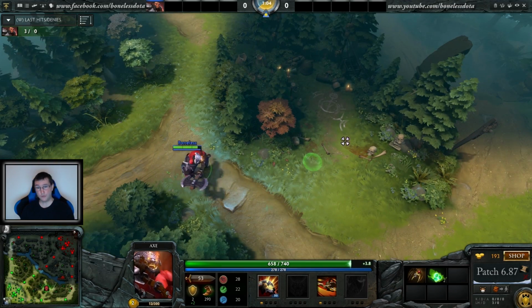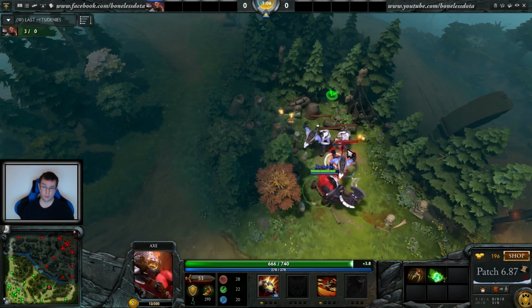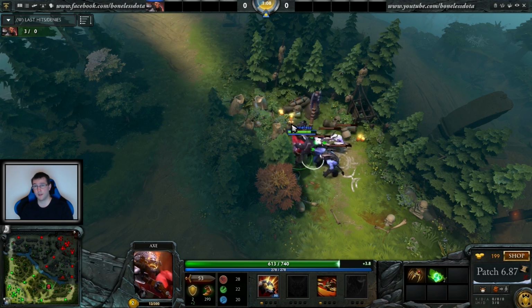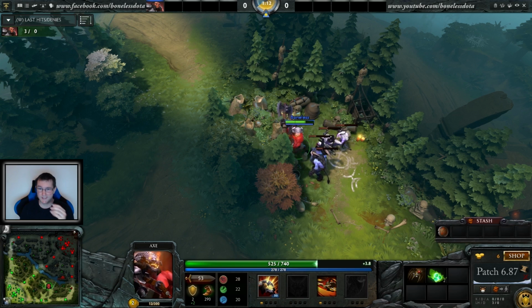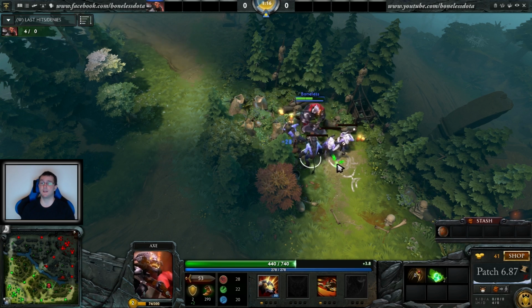I'm gonna show you two replays with this style of jungling actually. I'm gonna show you one replay where I get lucky with the creeps and one replay where I get really unlucky with the creeps. So you guys can see for yourself. The aim is to kill the two medium camps and make it back in time to stack the hard camp